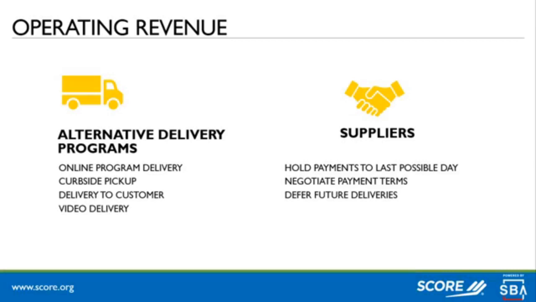My experience with clients that I've had and with others that I've talked to who are not necessarily clients, they've looked at alternate delivery programs for the product or service that they provide. So you're all familiar with online program delivery, right? There are companies like Target, who are selling about as much online as they used to always sell in their stores, because of the limited number of people that are coming out and going shopping. But the online businesses have done quite well during this period of time.